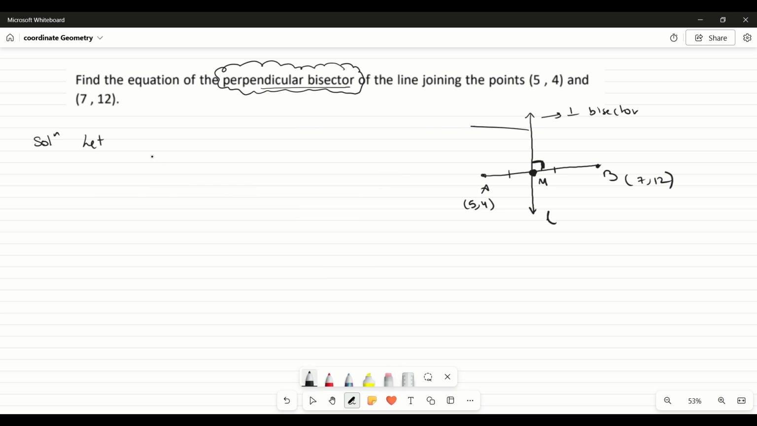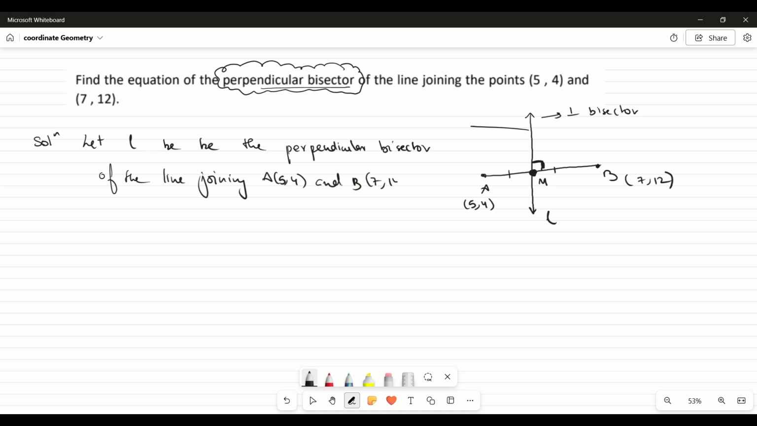Right? Let's get started. So right here, let's say this is L. Let L be the perpendicular bisector of the line joining A (5, 4) and B (7, 12), and M be the midpoint of AB. So using the midpoint formula,